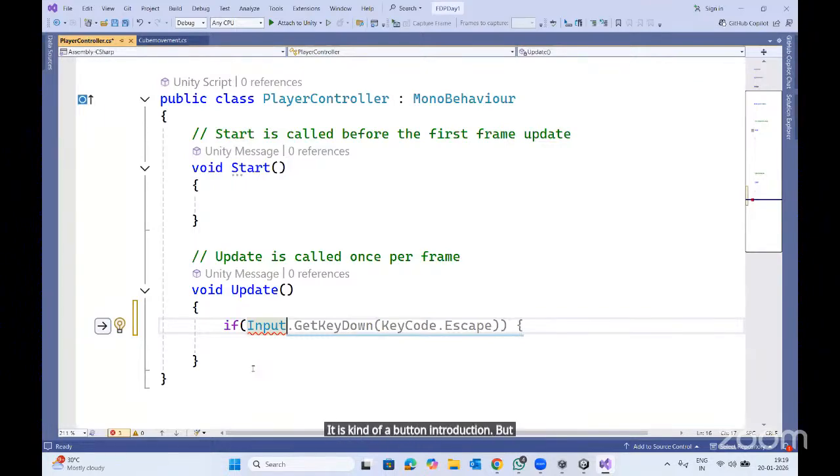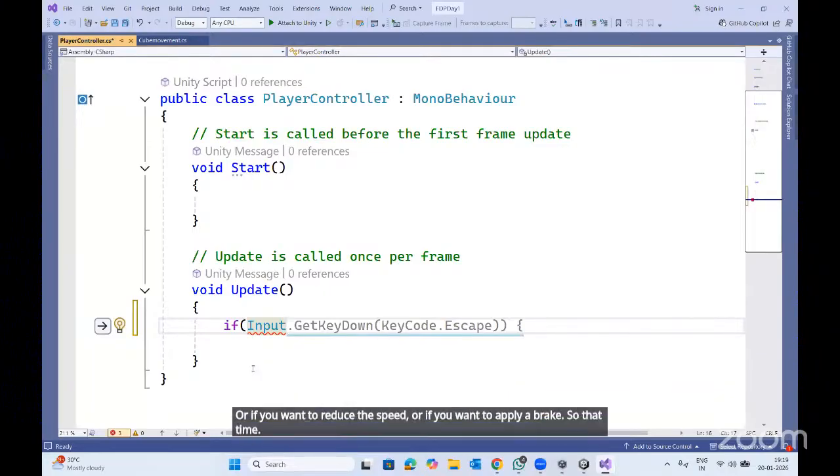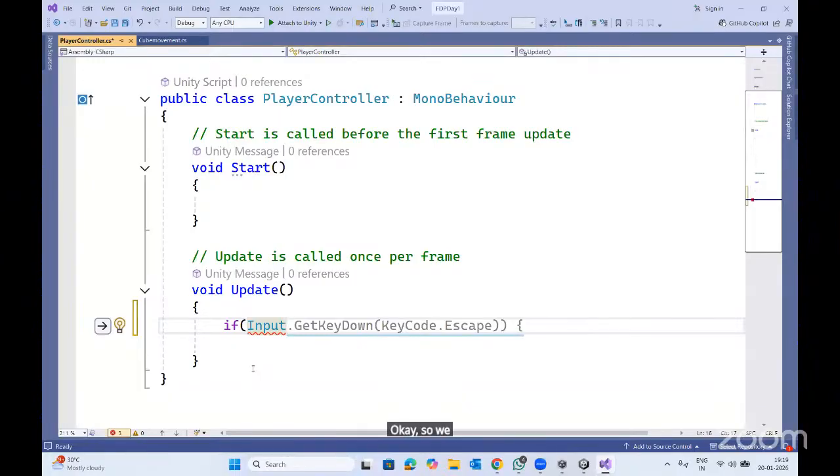But when you go inside the game, especially a racing game, and you want to apply more speed, reduce the speed, or apply a brake, at that time you have to press that particular button or key and just hold it. You don't need to keep pressing and releasing. So we have two different input methods in gaming. Now, Input dot